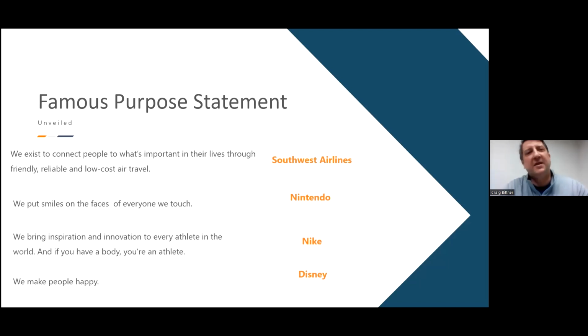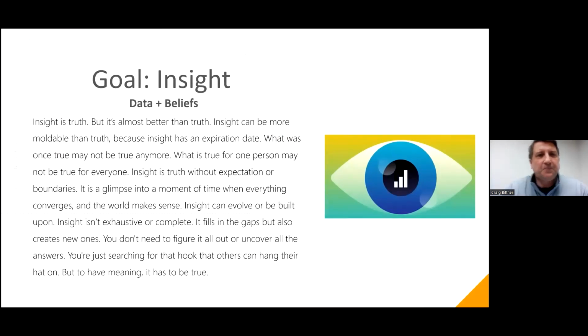I have another series of these that are for nonprofits. I didn't add those to this presentation, but looking at other organizations' purpose statements can help you start to figure out what that looks like. But those questions that we asked earlier help you get to those purpose statements. The one thing I do want to say in all of this is, in going through all those questions, the one thing you're looking to get is some kind of insight that digs into the heart of who you are and what you're about. Insight is really the goal of these exercises more than anything else.